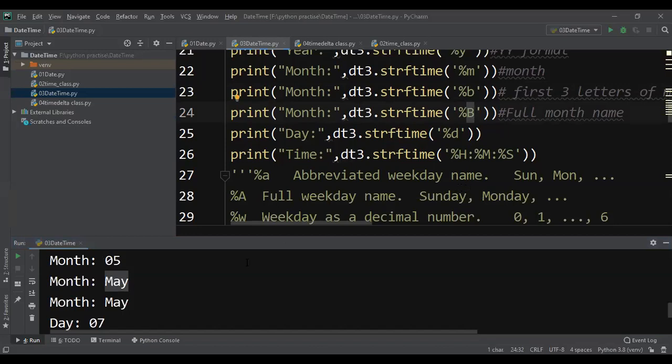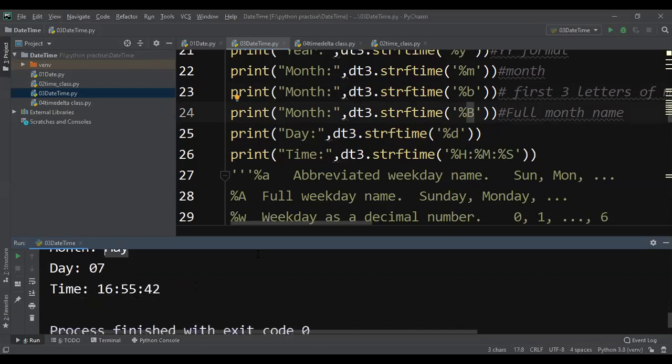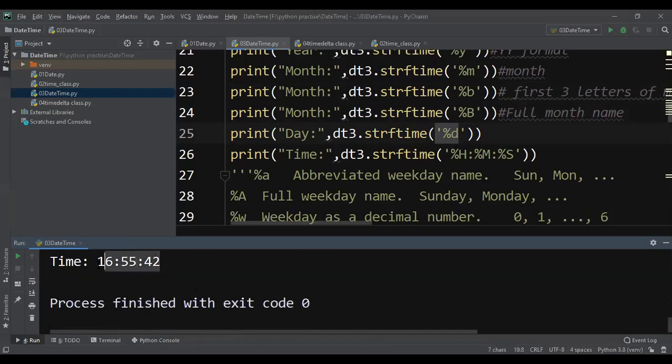Capital B, the full month name, is also May only, that's why we are getting only 3 letters. Then small d: today is, what date, Thursday, sorry, date. It is printing day 7. Then hour, minute, second are printed.